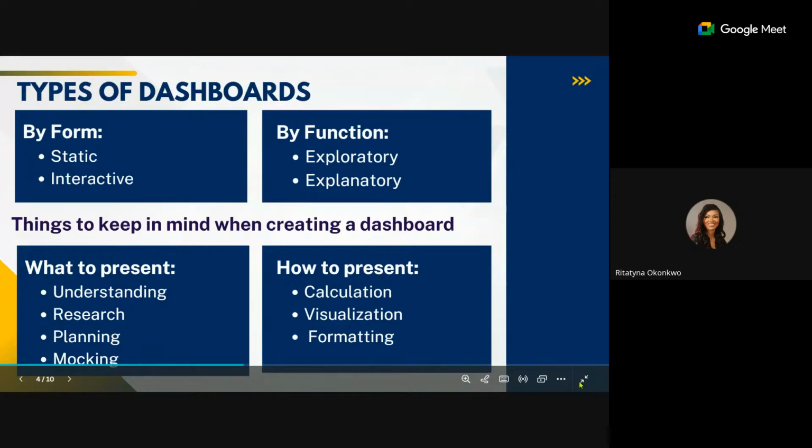So there are several kinds of dashboard, or this could appear in several ways, right? I've just tried to split it in different ways here, right? By form and by function. Under by form, you would see static and interactive. Under by function, you see static and